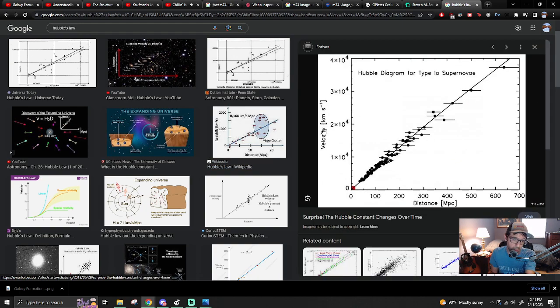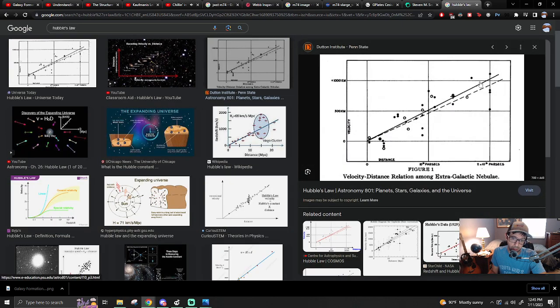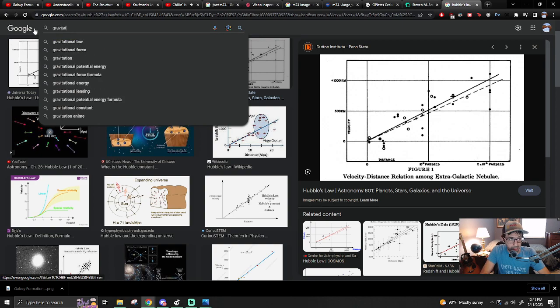If we look here, velocity, kilometers per second, it doesn't actually mean it's caused by velocity, though. The thing is this correlation is caused by gravity bending light. So we assume, when we look at this galaxy, the galaxy that this is marked using, that its light traveled in a straight line to reach Earth, and that doesn't necessarily have to be the case. Like, we know that gravitational lensing